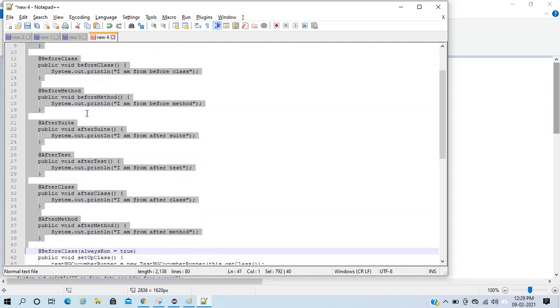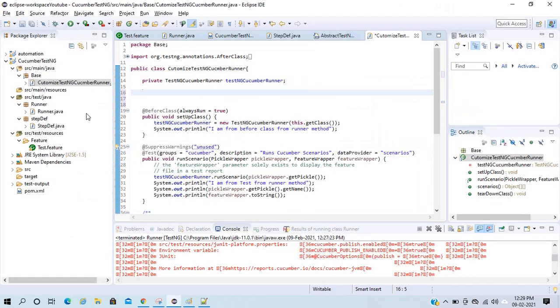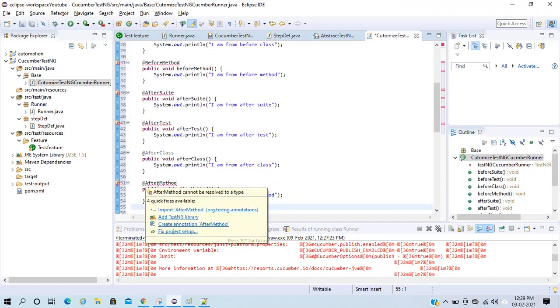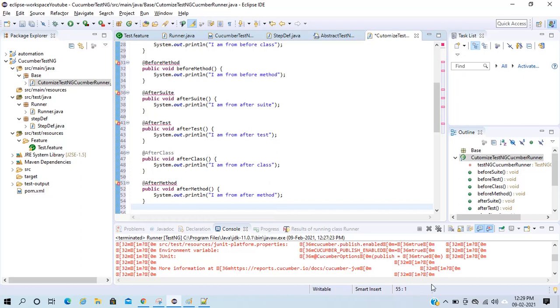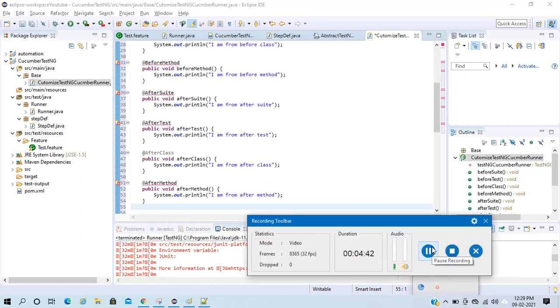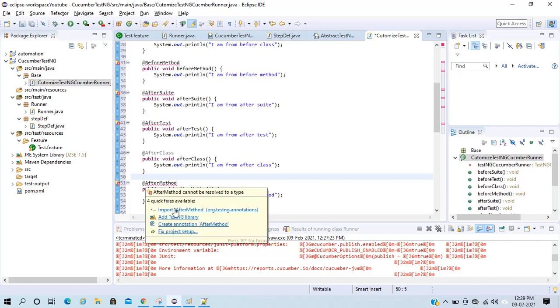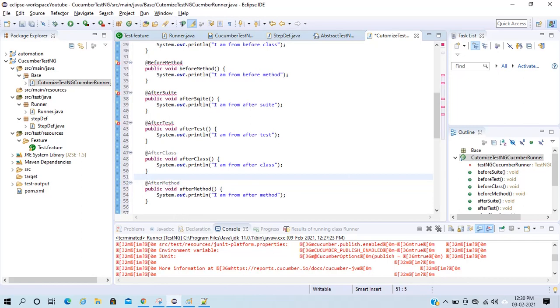I will put them in, and I will show you how this works with my TestNG annotations. I will import all the TestNG annotations here.